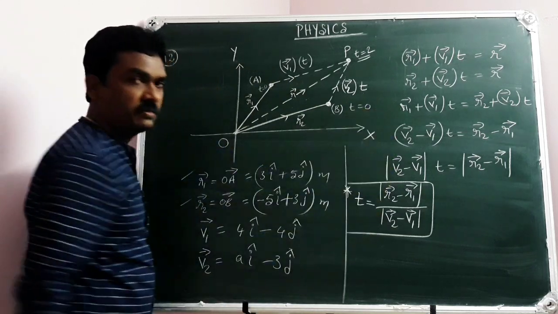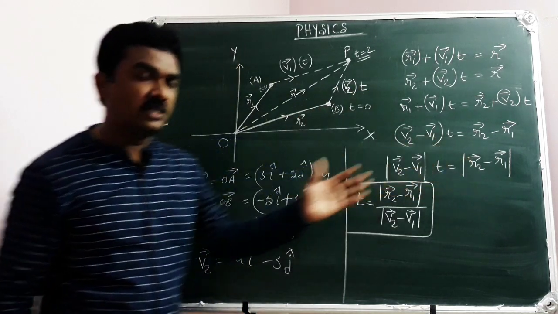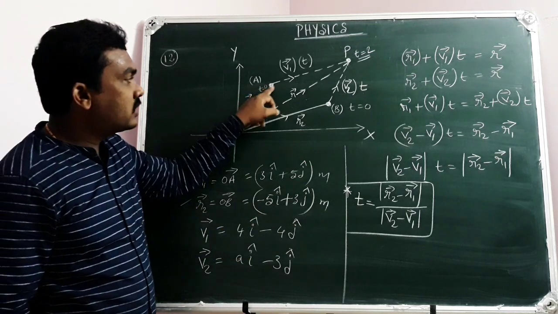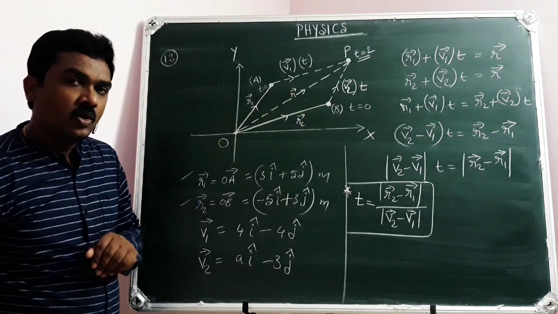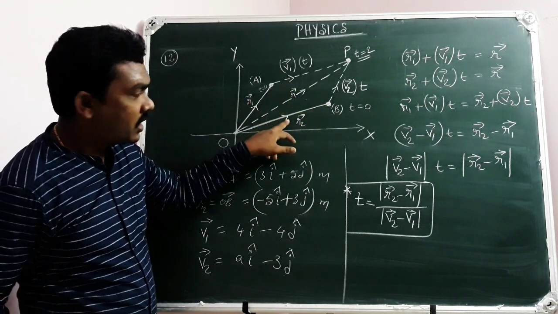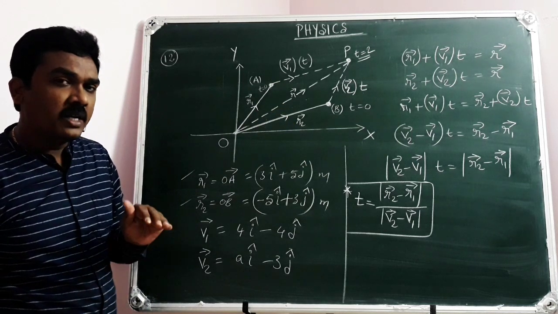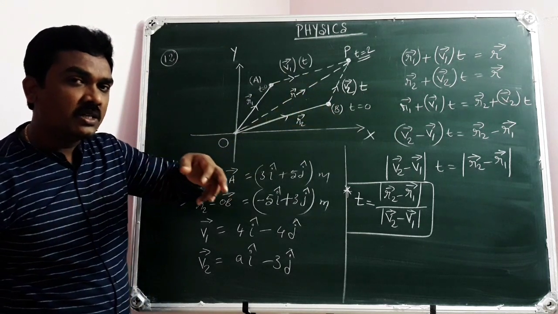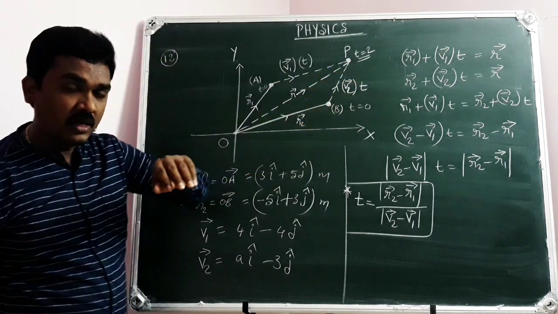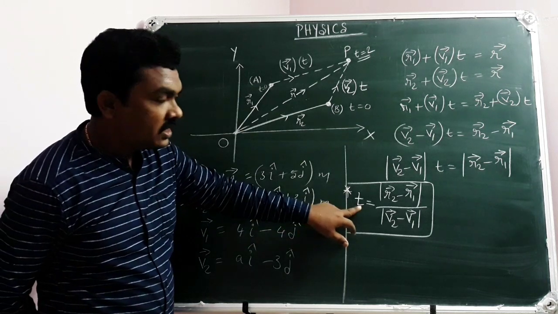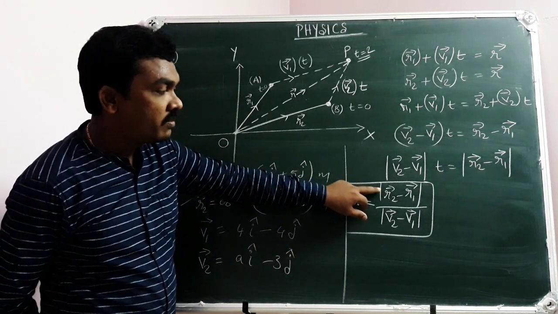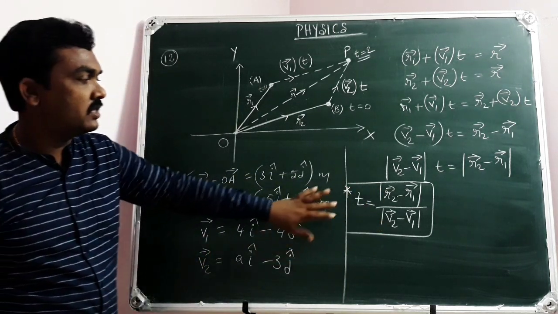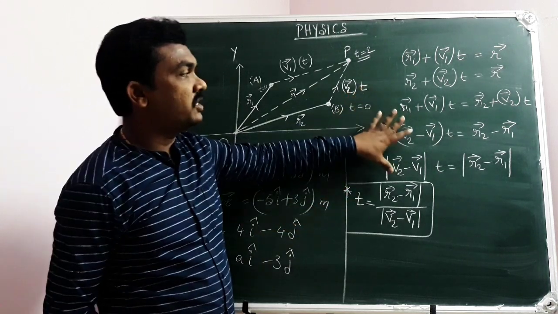This is our generalized concept. Then I will substitute my given data. So I conclude. Two particles are located at A and B, whose position vectors are r1 bar and r2 bar. These two particles moving with velocities v1 bar and v2 bar, so that they meet after t seconds. Then the time at which they meet, t, is equal to modulus of r2 bar minus r1 bar by modulus of v2 bar minus v1 bar. This is the generalized equation, and this is all explanation.